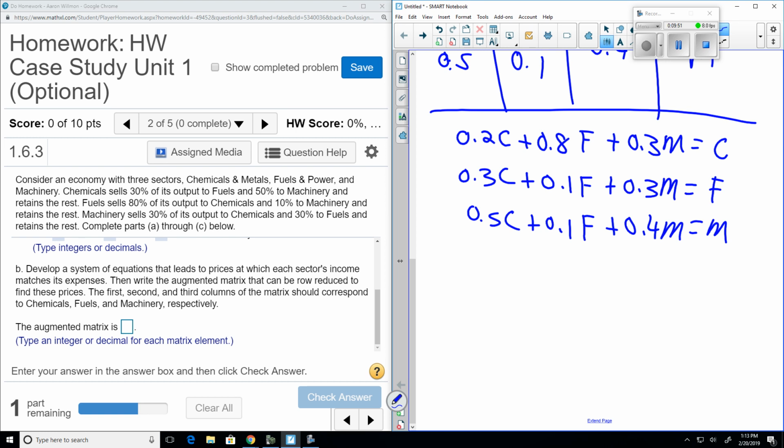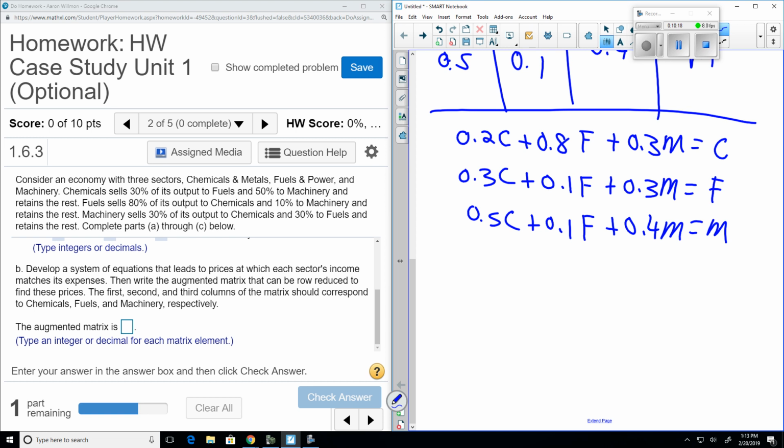So we have to do a conversion here because you want all your variables on the left, all your constants on the right. Right? That's how you set up your system. And when you do your matrix, you want all your variables in the same order. So we have to move the C, the F, and the M from the right side to the left. Okay. So if I subtract C from both sides,